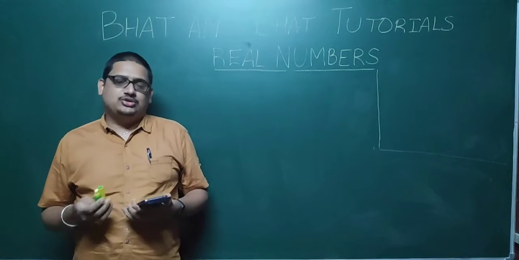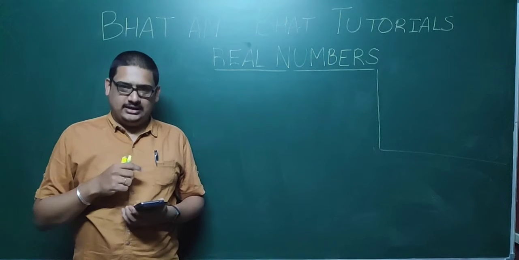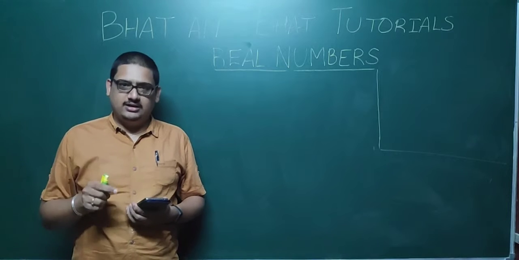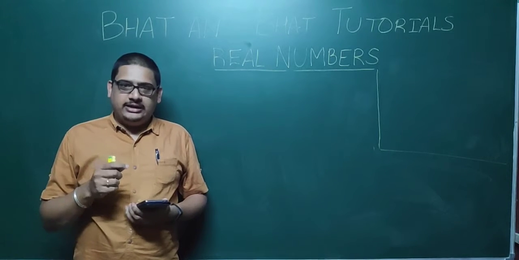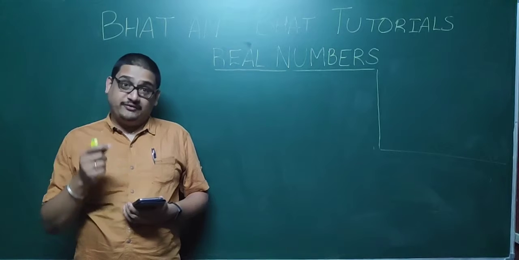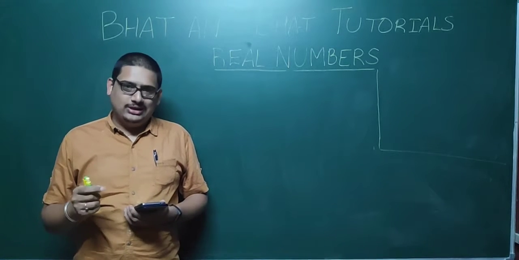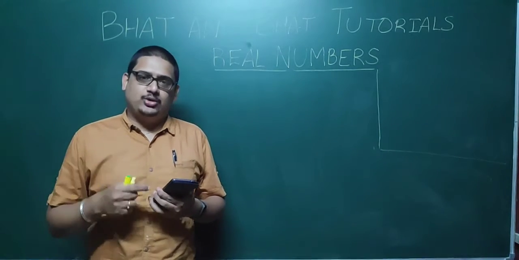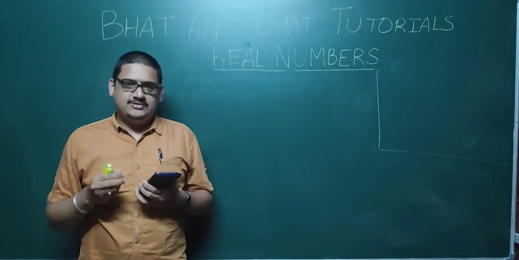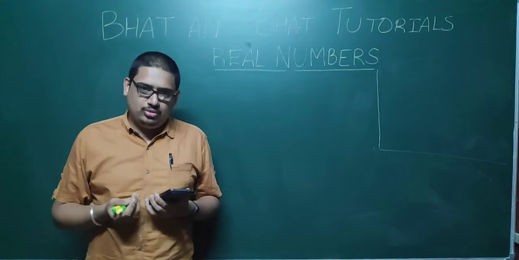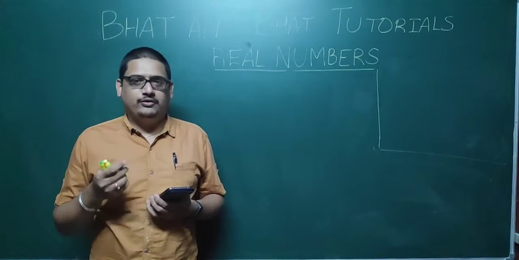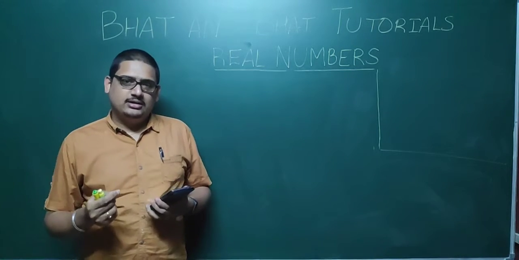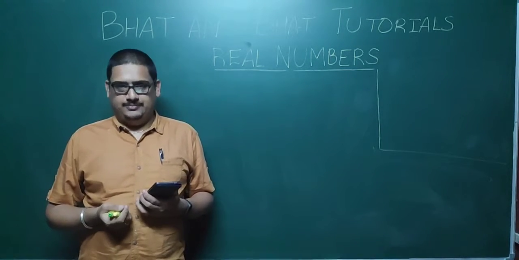Before going on with the next questions, let us take a very simple question. As you have observed in the previous question, any number perfectly divisible by 2 is an even integer, and a number which leaves a remainder when divided by 2 is an odd integer. For example, 4 divided by 2 gives remainder 0, therefore 4 is an even integer. 5 divided by 2 leaves remainder 1, therefore it is an odd integer.